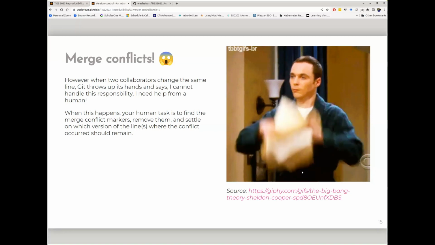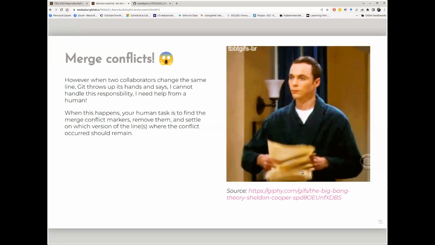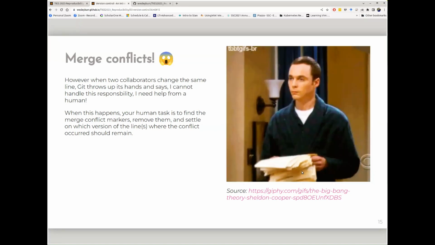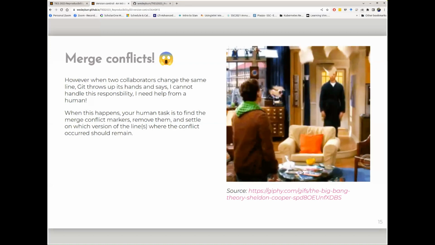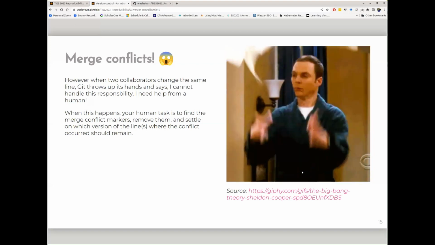So this GIF comes from The Big Bang Theory, which was overall quite a horrific show. Not actually a very good show. It's a Chuck Lorre show, which is exactly what you expect. But it does have some funny moments, and Sheldon is an interesting character. Jim Parsons did a good job. So this is him just like giving up, throwing all the paper in the air, and turning around to stomp away.